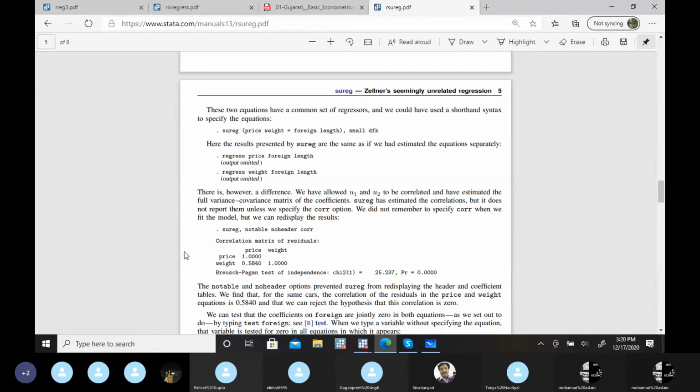Okay, for correlation, in this particular case, what you need to worry about is that these dependent variables are correlated, price and weight, although they are not of an endogenous nature. Here, independent variables are only of a predetermined nature. There is no endogenous variable at all. But still, if you think they are correlated, then you have to go with this seemingly unrelated regression method, where you will estimate these coefficients jointly, not separately. That's the difference here.